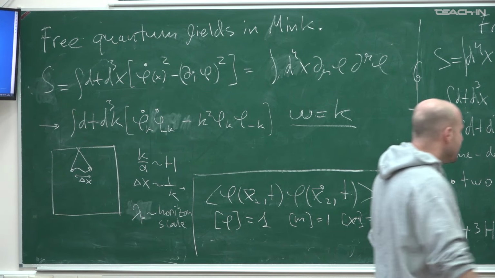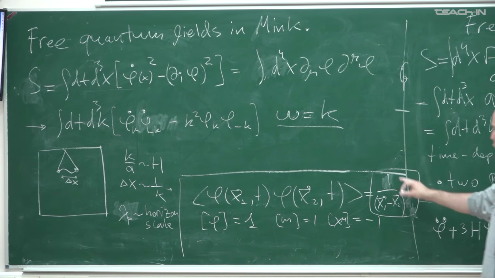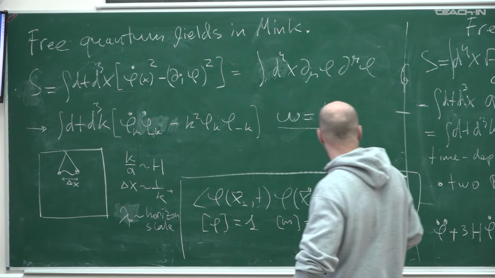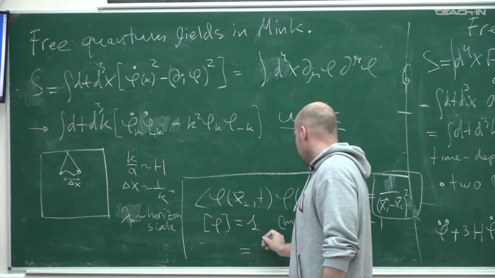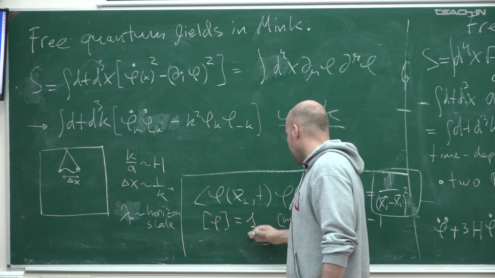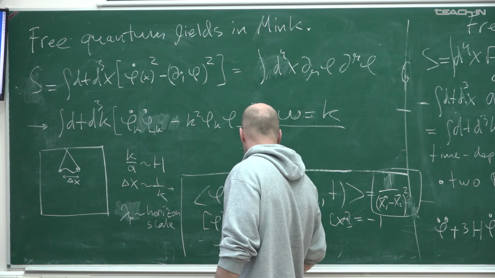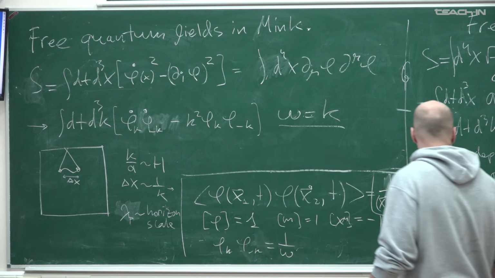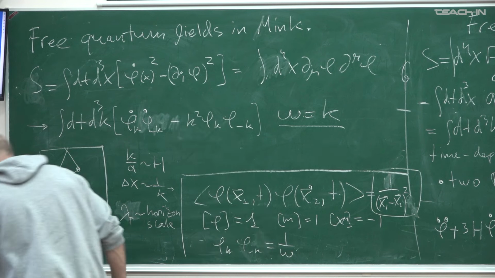So the punchline is that we have this regime where we're in flat space, so we can use our result from flat space, where we had phi k, phi minus k was 1 over omega, right? So we can import this result over here,